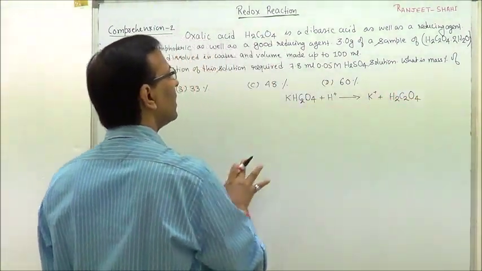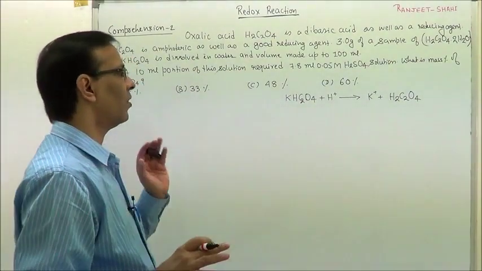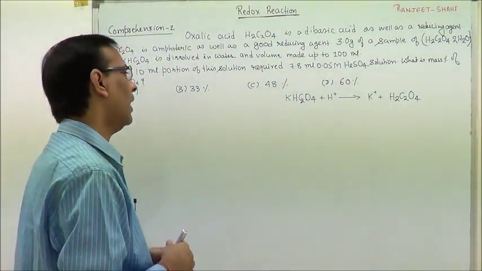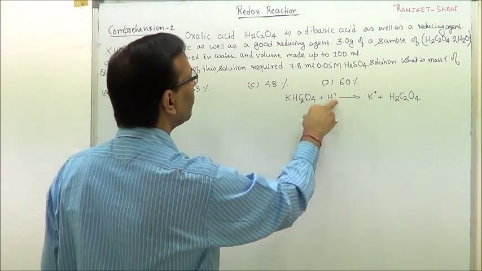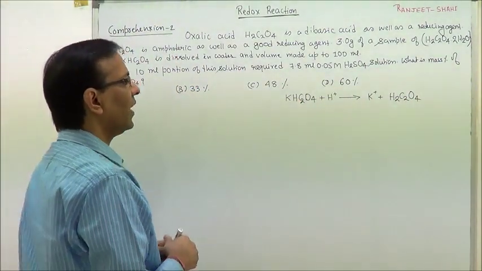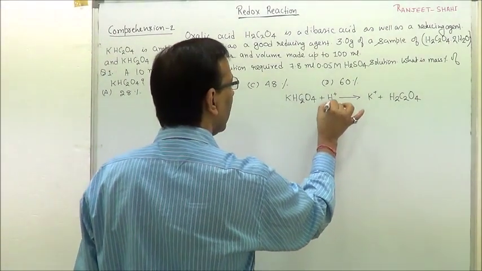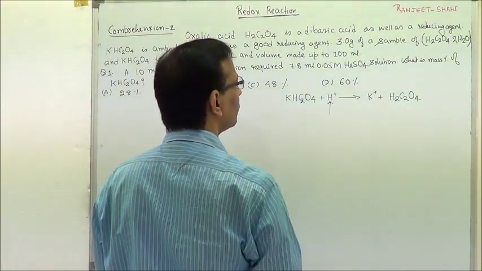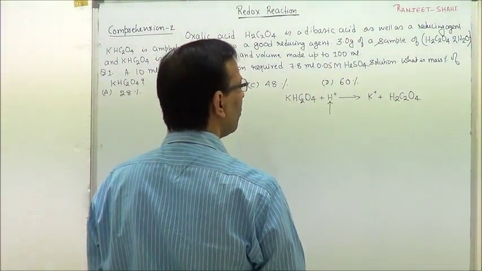So this is the reaction occurring in this titration. And millimole of hydrogen ion will be equal to millimole of oxalate ion. So if we calculate the millimole of hydrogen ion, it would be